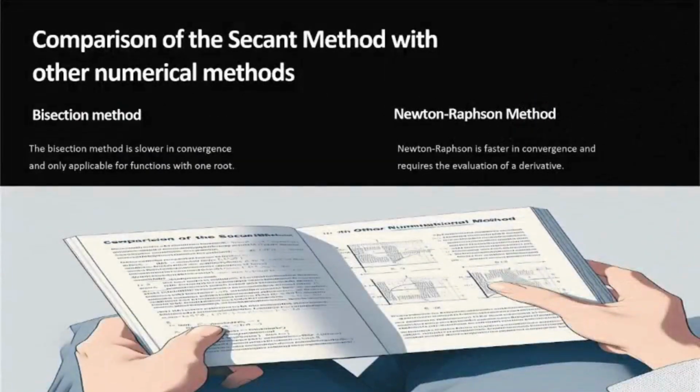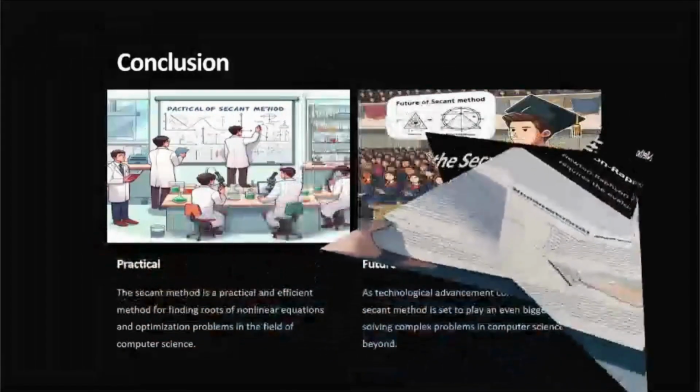that is the comparison of the secant method with other numerical methods. Comparing the secant method with other numerical methods, we have the bisection method and the Newton-Raphson method. The bisection method is slower in convergence and only applicable for functions with one root. The Newton-Raphson method is faster in convergence and requires the evaluation of a derivative. Now, moving towards the next slide,